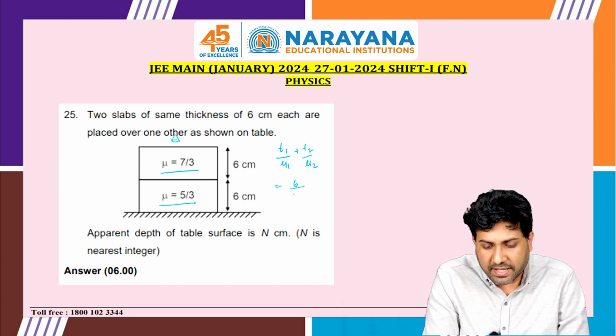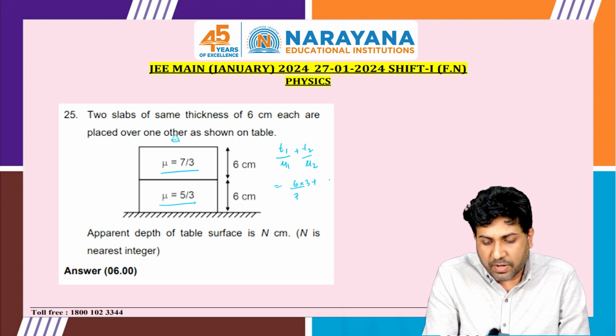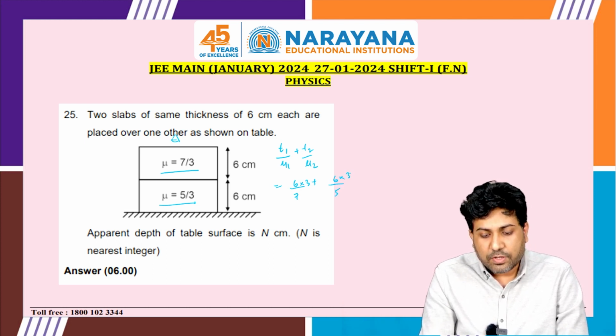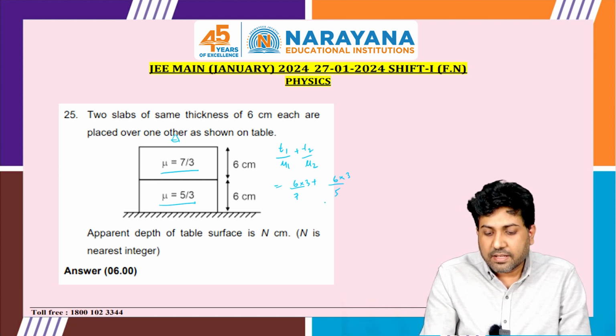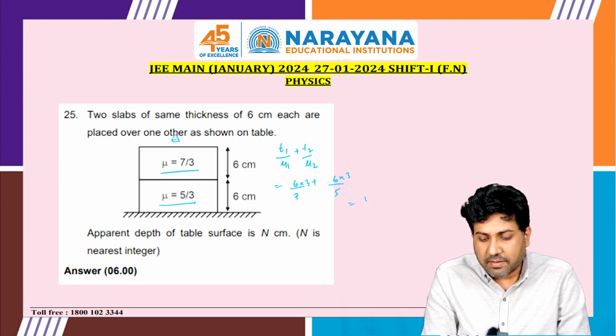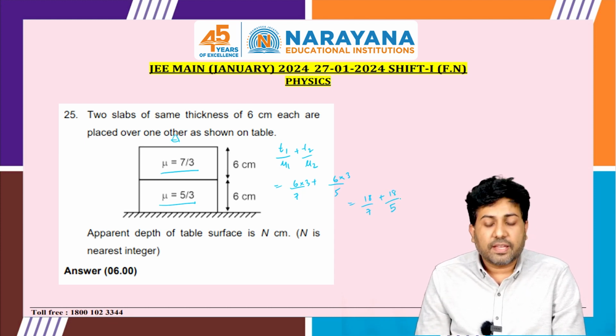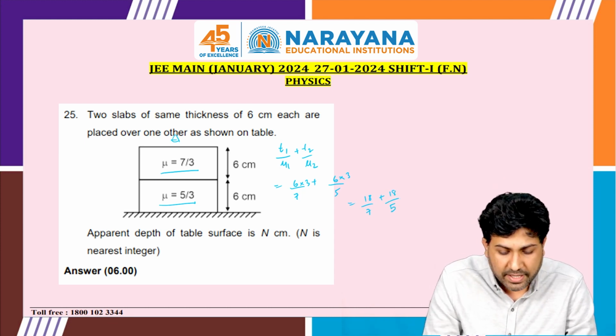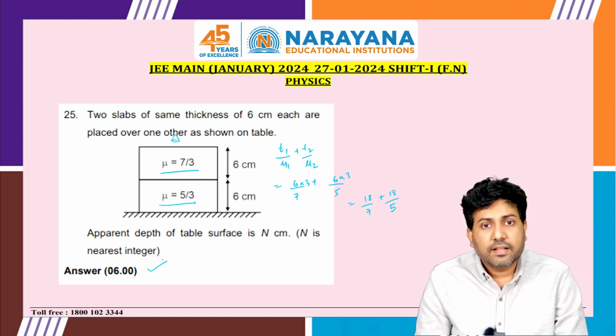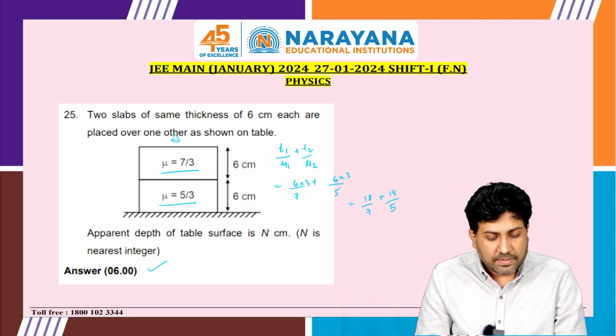So 6 divided by 7 by 3 plus 6 divided by 5 by 3. So what should be the final answer? It will be 18 upon 7 plus 18 upon 5. The nearest integer answer will be n equal to 6. Fine. Let's move to the